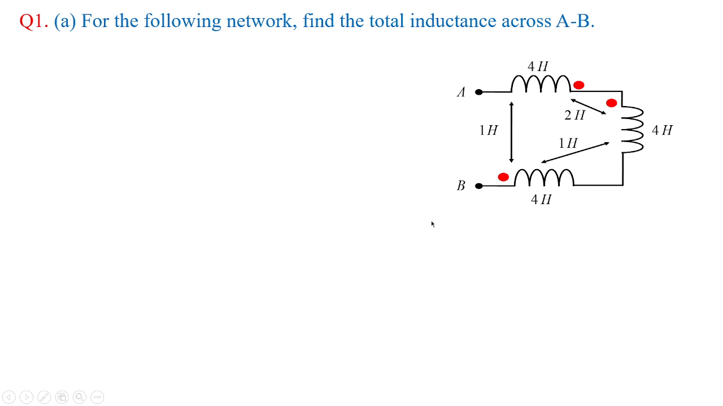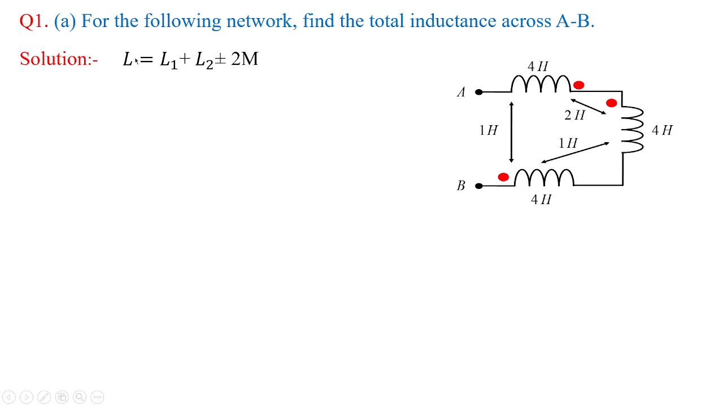Let us go with the problem. For the network shown below, we have to calculate the total inductance between A and B. 4 henries, 4 henries and 4 henries are the self-inductance values. The value between these two coils is 2 henries, between these two coils is 1 henry, and between these two coils it is 1 henry. So when we go with the solution,